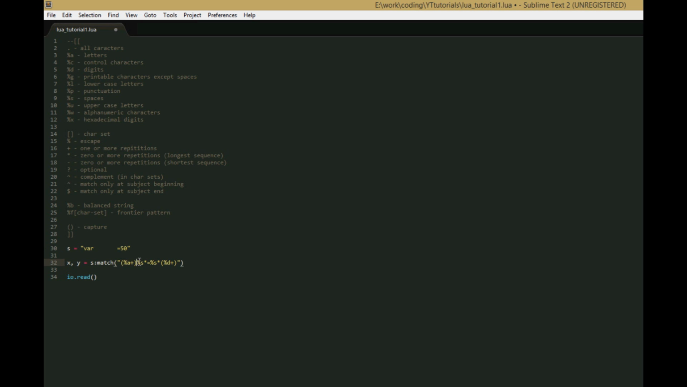What's different about this is that we have parentheses around the %a plus and the %d plus. So what these parentheses say is that we want to capture this one or more characters and these one or more digits, and we want string.match to return those, and that will return them to x and y. And it would actually be easier if we just printed it. So print